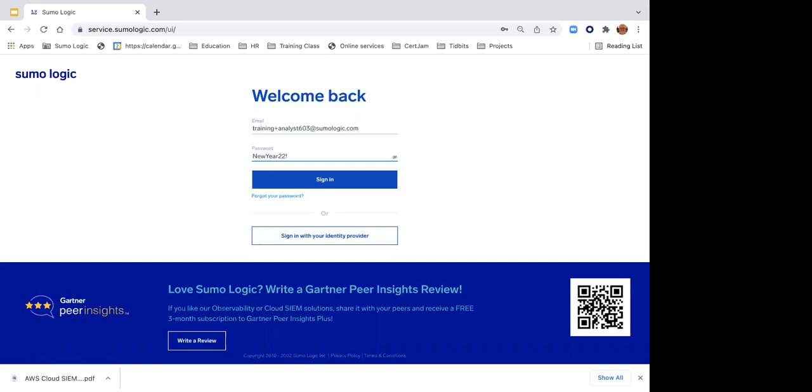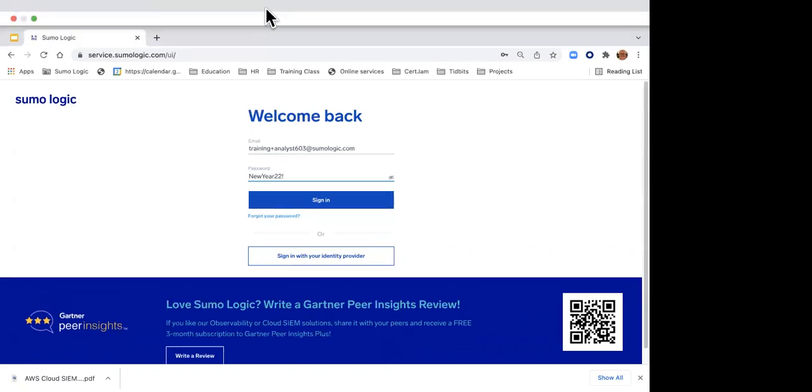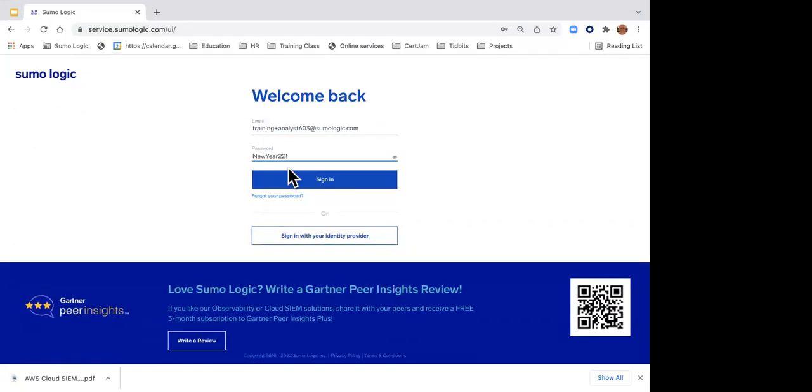And I don't think it takes a great deal of imagination to figure out where that password came from, right? We are now in the year 2022. It's a new year. By the way, this password will change next Monday. So the point is, if you want to log in after next Monday, when it changes, the password will change. I don't know what that password is today. Right now, I have no idea what that password is, but I will know when we change it.